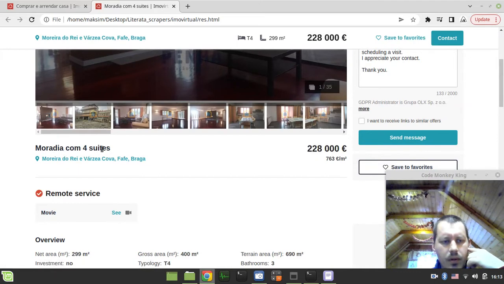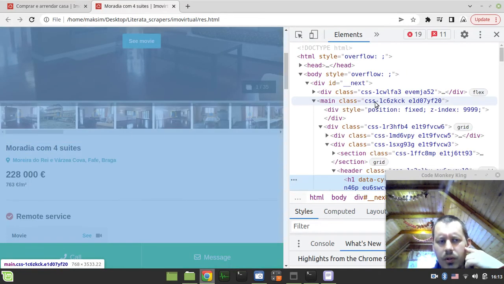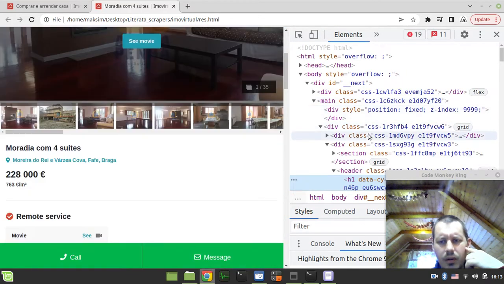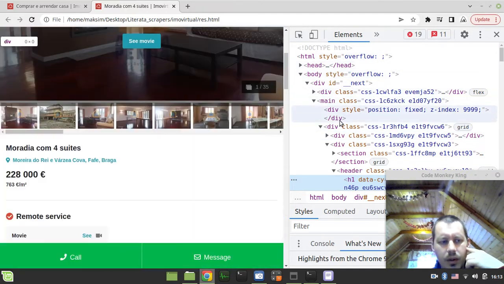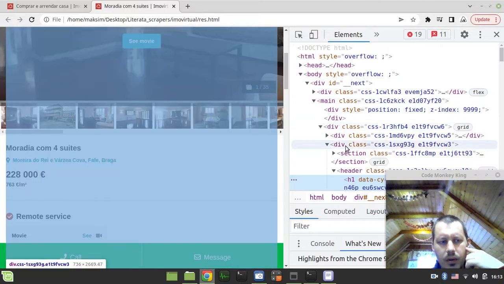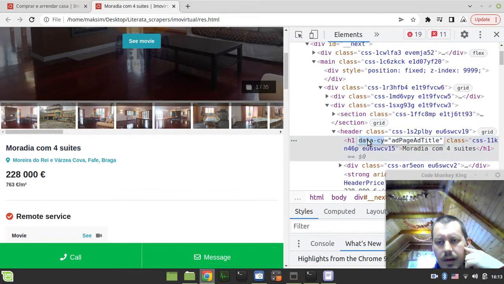Seems like this is the title of some sort. I don't see any JavaScript here. Well, actually there is some, but generally I'm wondering, is it available as HTML elements? Okay, H1, this is the page title.